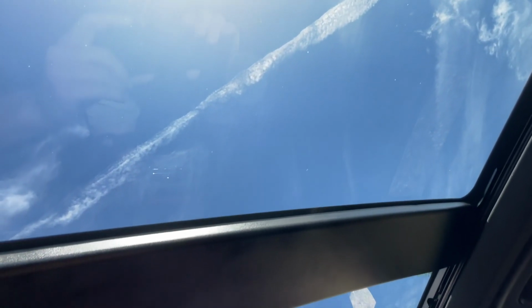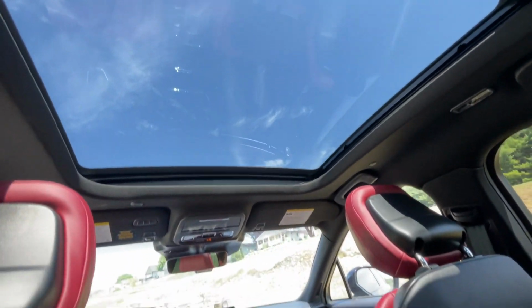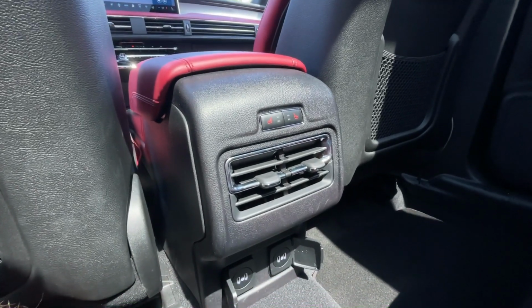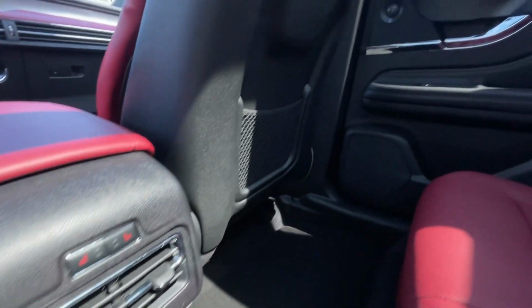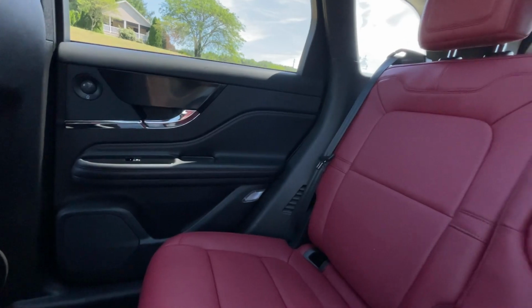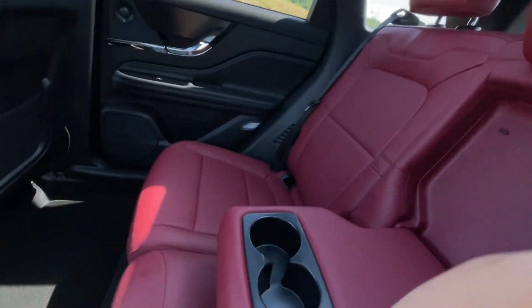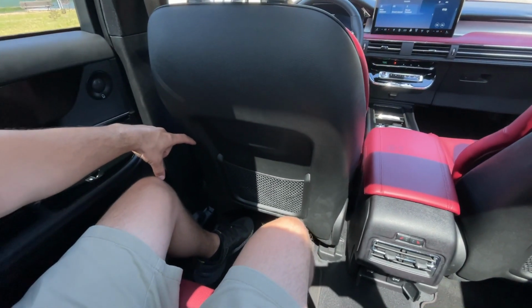Moving to the second row, this is where you'll get the best view out of that panoramic moonroof. And then moving down here, you'll get heated seats, climate vents, and 4 different USB-Cs. The door panels are just as finely adorned back here as they are up front, and the seats just as comfortable. You'll also get this pull-down armrest with cup holders and a lot of legroom,